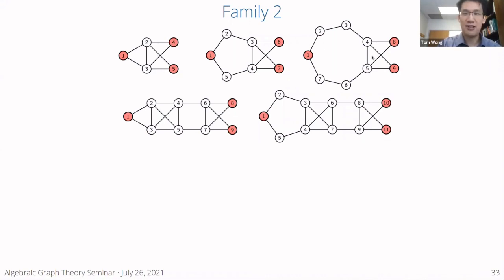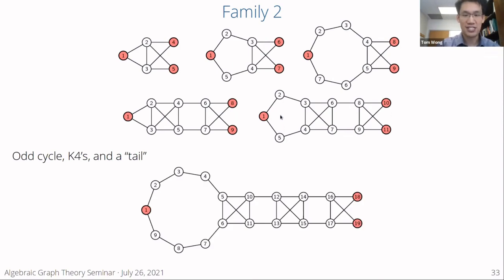I'm calling this a tail because this one to me kind of looks like a fish for some reason. You imagine an eyeball here, and this is the tail of the fish. So imagine there's a tail and you have this odd cycle, a tail with an odd cycle, a tail with a bigger odd cycle. And it looks like we can actually stick in K4s too between the tail and the head of the fish. Here's a K4 between the tail and the head of the fish. And it turns out this generalizes.